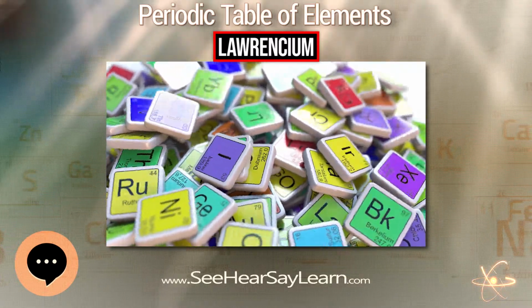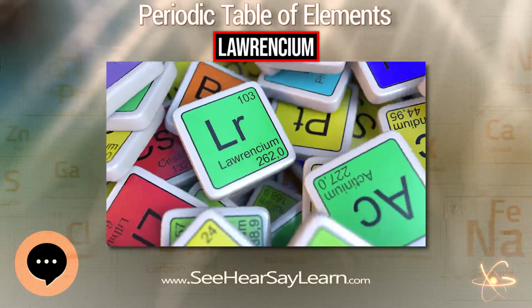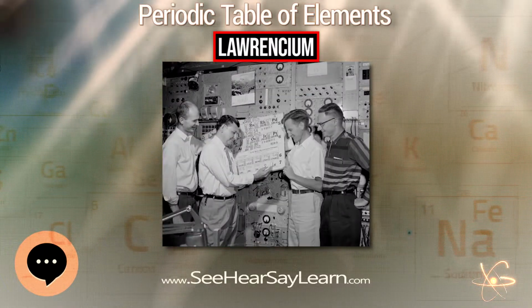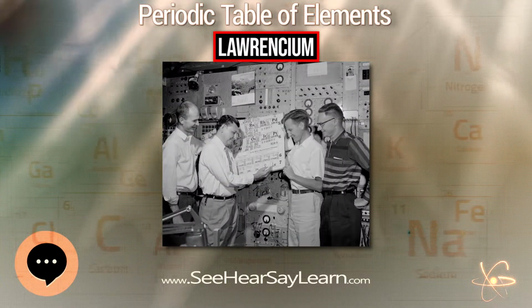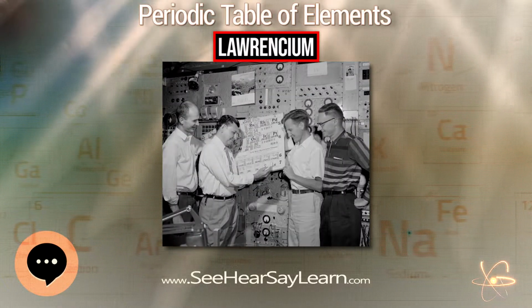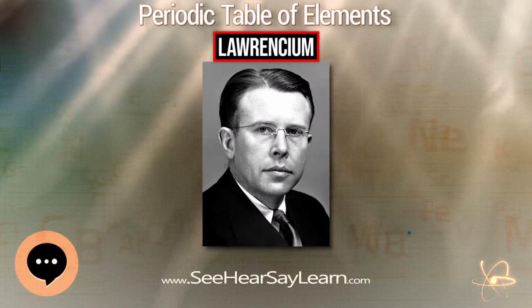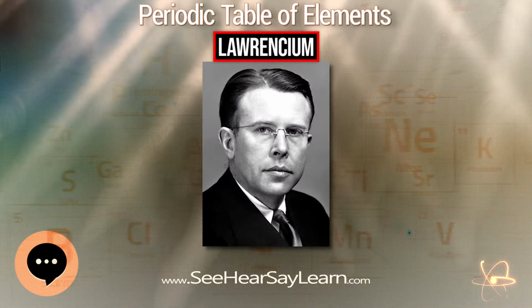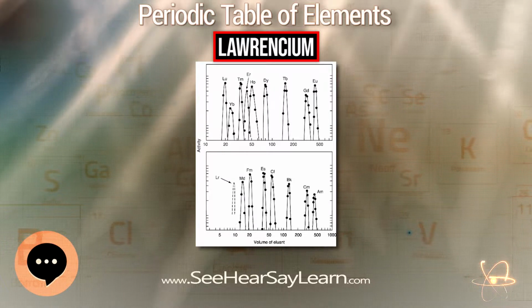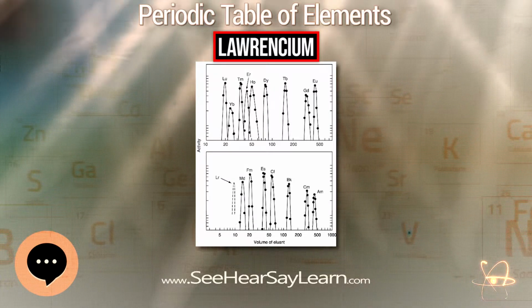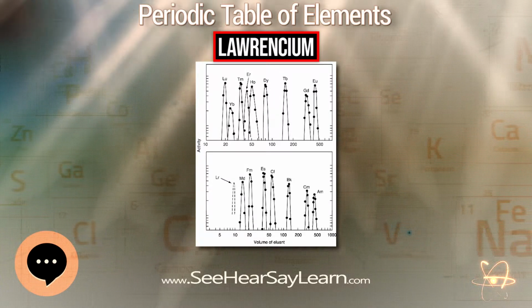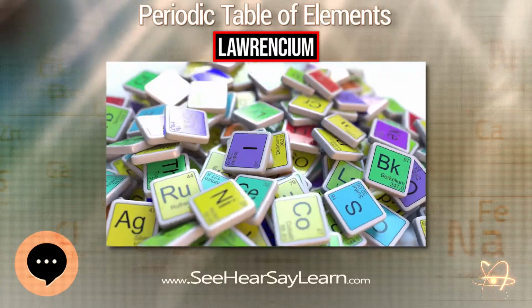256-103 and 257-103. Despite repeated attempts, they were unable to confirm assignment of an alpha emitter with a half-life of 8 seconds to 257-103. The Russians proposed the name Rutherfordium for the new element in 1967, this name was later used for element